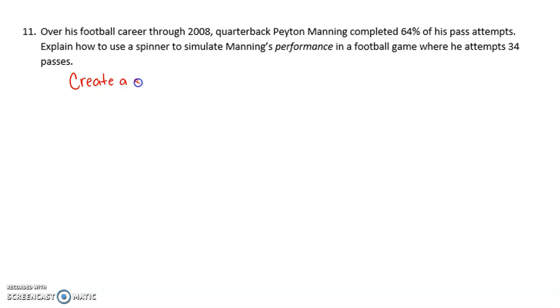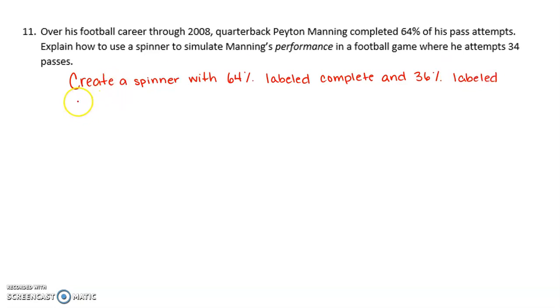So we're going to create a spinner, with 64% labeled complete and 36% incomplete. Then we're going to spin it 34 times